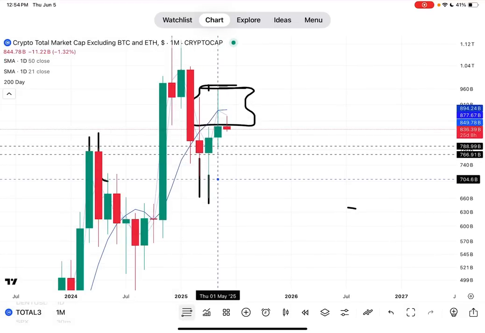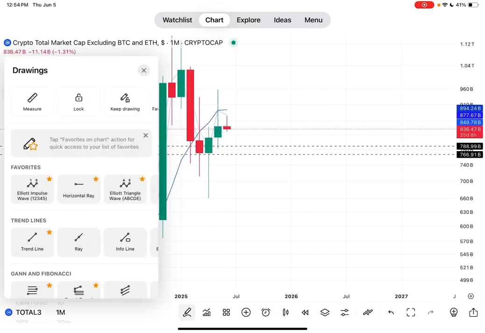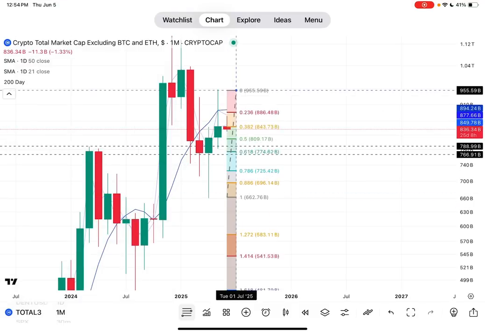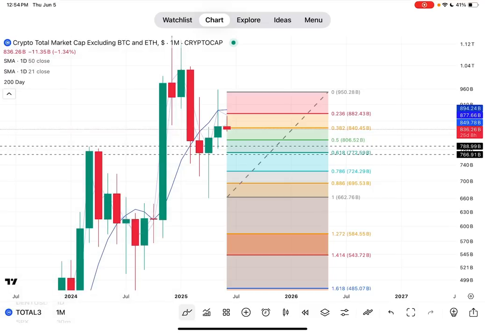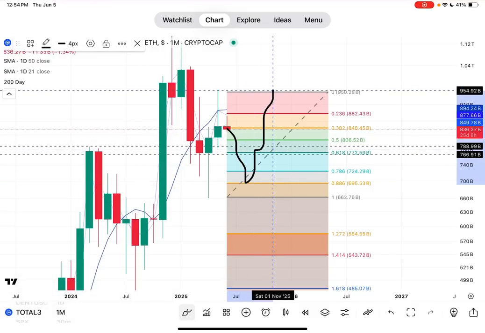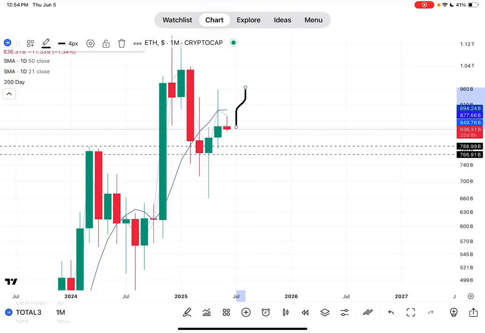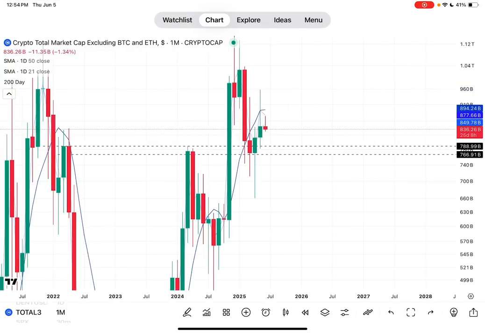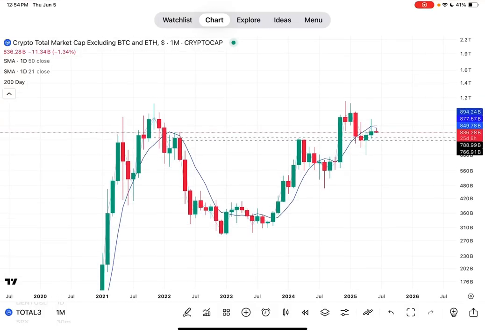Whether we manipulate down to the fibs first and then backtest it and then come back up to fill the wick, or we could just fill it in right now. So it depends, but just remember that when we zoom out, we still have bullish structure here,